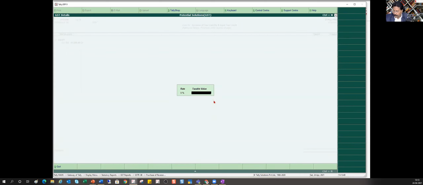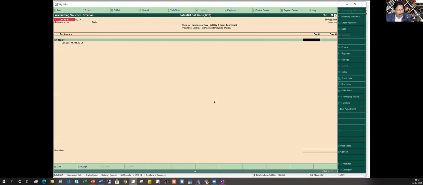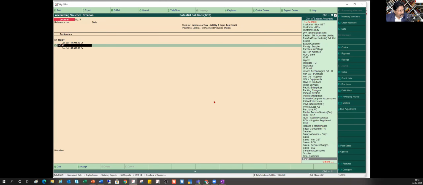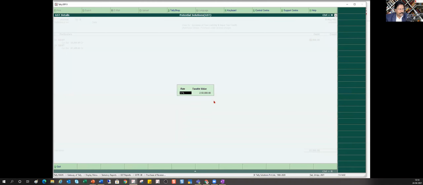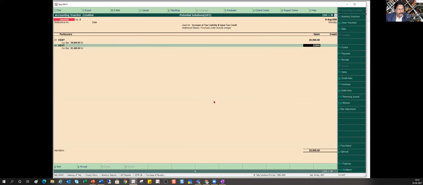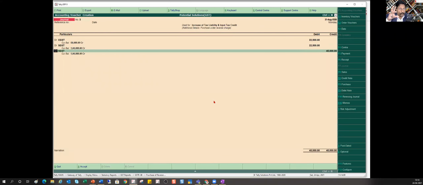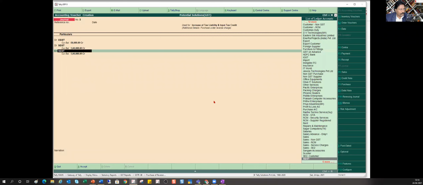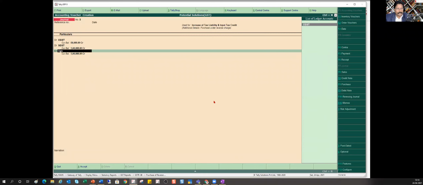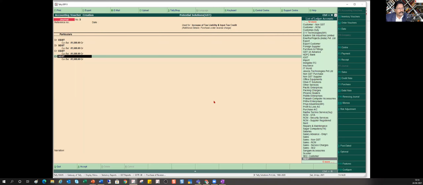Value is, this is where you need to enter the value, 2,50,000. Okay. And the amount is 22,500. Okay. So now again, I'm going to debit. So this is to claim my input credit. I'm going to debit my SGST. Once you enter, Tally will automatically remember this 22,500. And very important, since I have one common ledger, I'm going to now credit CGST, which is to account for my liability, 22,500. Okay, then I'm going to credit my SGST.